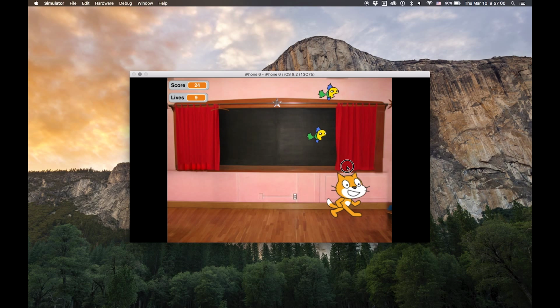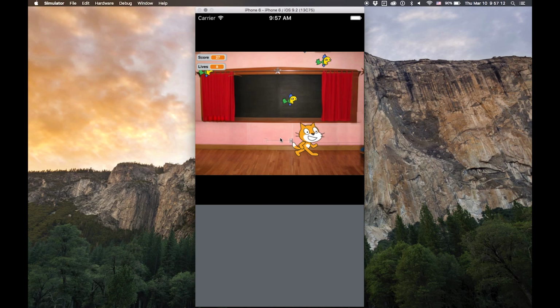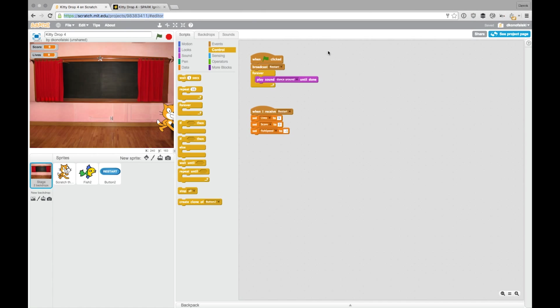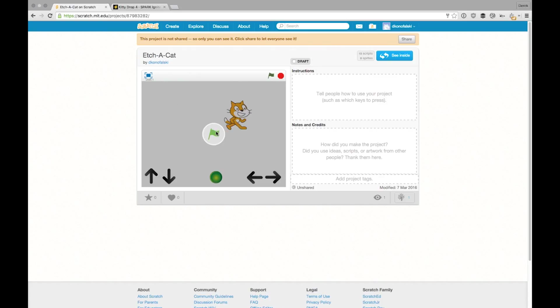I do want to cover just something really quick. In the actual Scratch project, which I'll switch back to now, I'm going to load another project that we had, which is Etch-a-Cat. Here's just an example of something that we did specifically for a mobile device because there wasn't really any kind of control scheme that we could use,